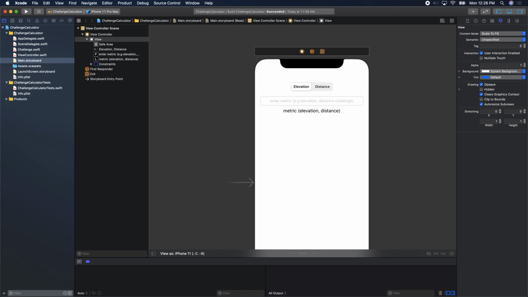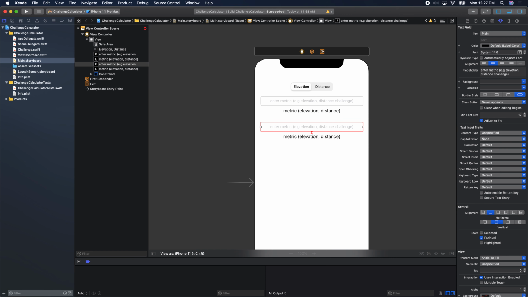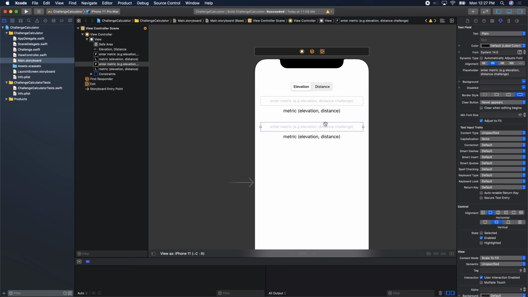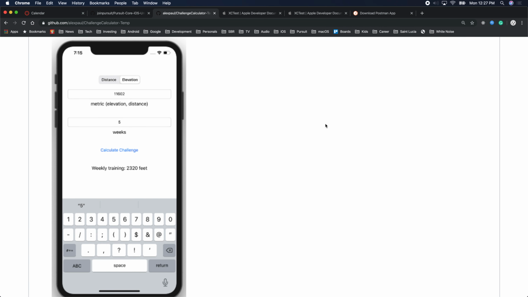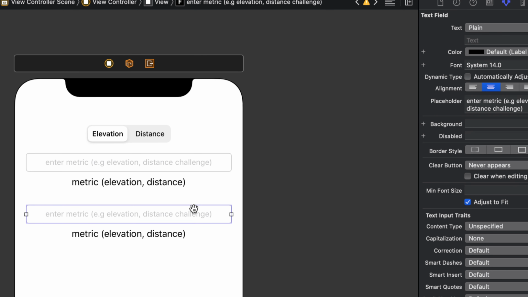Great. So at this point, we could actually option click those 2 values because they're very identical. I'll remove the constraints on my metric here. I'll remove the constraints on my label. And the placeholder is different. So the placeholder for the second text field will be enter number of weeks. So placeholder,